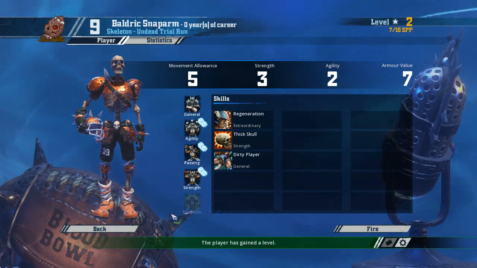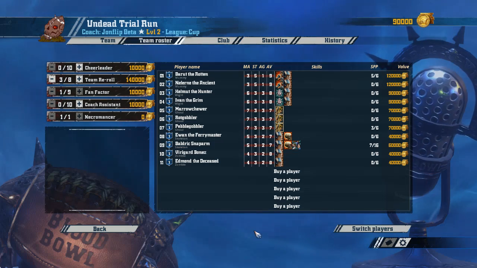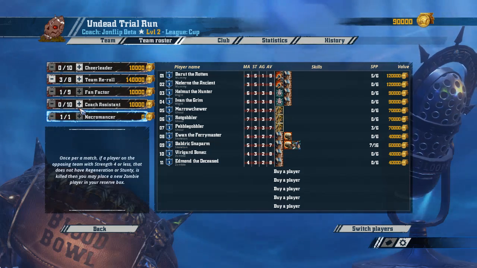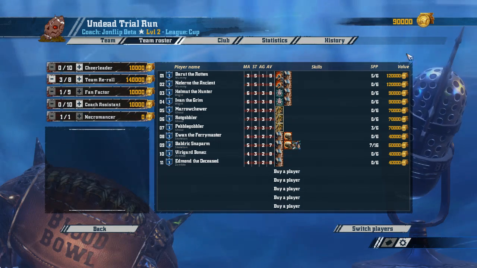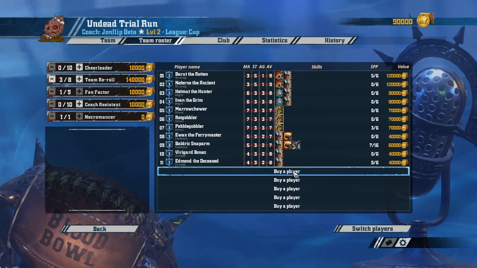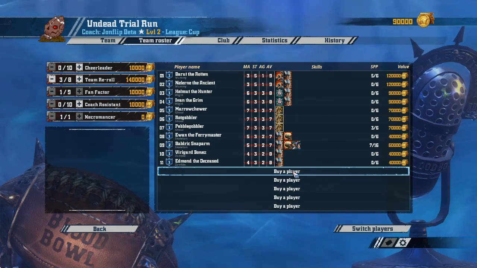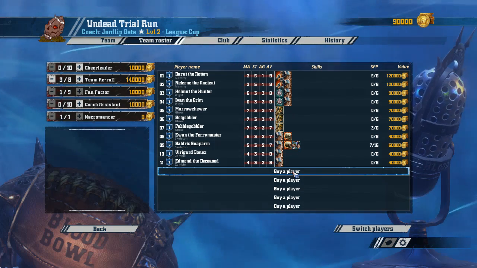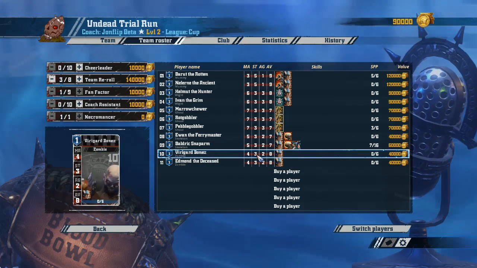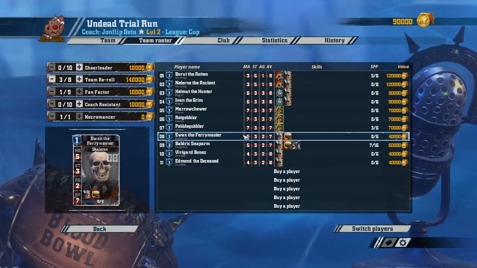Not sure if I will keep playing this before they get launched. Now this shows what you can afford to buy. We have 90,000. We could afford another player here. So which one would be better for fouling? Zombies or skeletons? I don't know, because...